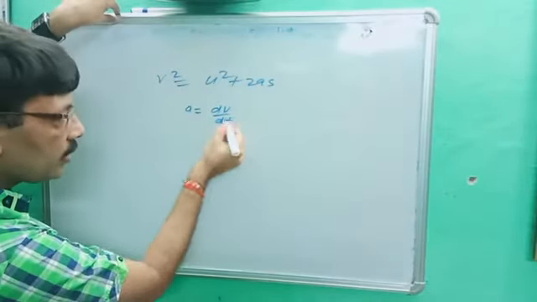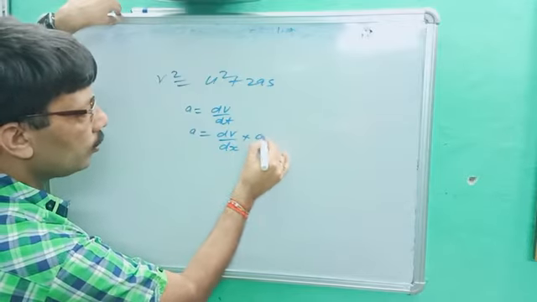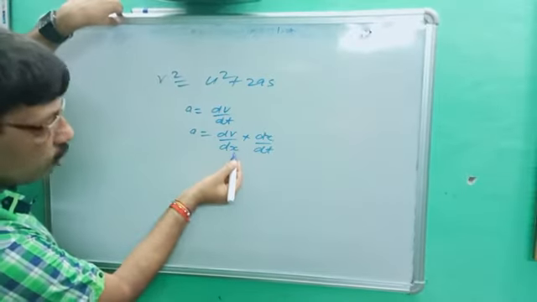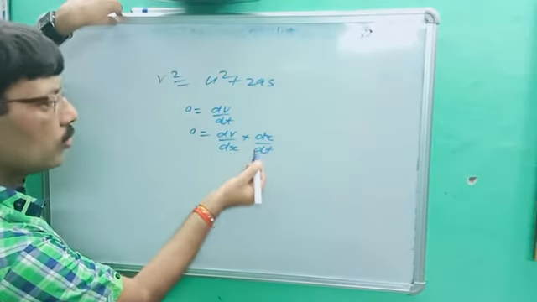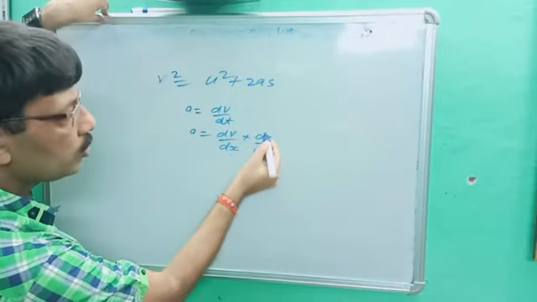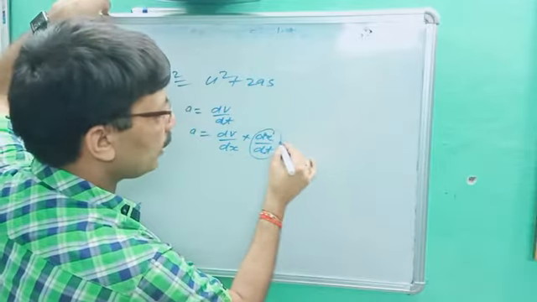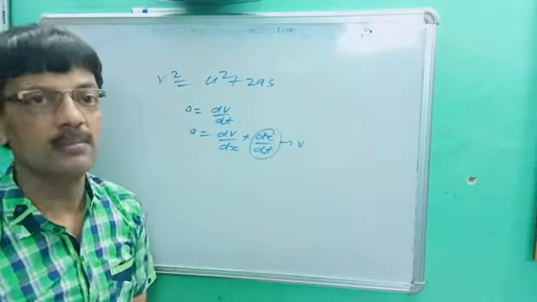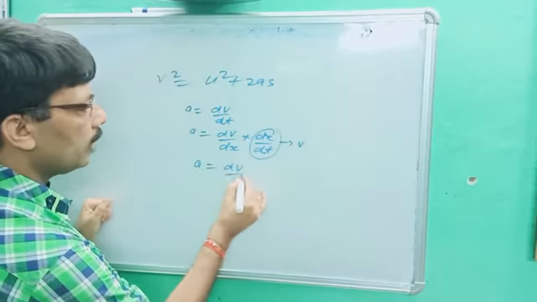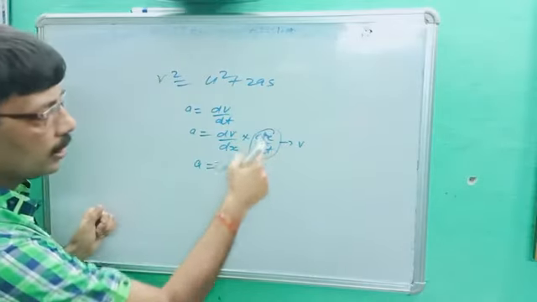Okay, so we can use this: a is equal to dv upon dx into dx upon dt. You better know, v is a function of x and x is a function of t, so it is called function of function. So dv upon dt can be written as dv upon dx into dx upon dt. dx cancels, you get the same. But here dx upon dt, you better know, is velocity. Just I told, dx upon dt is velocity. What can we write? a is equal to dv upon dx into v, since dx upon dt is v.